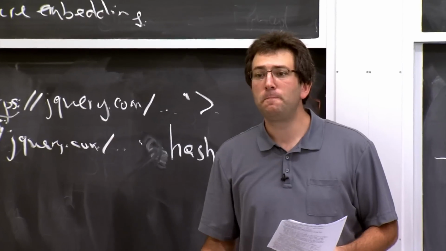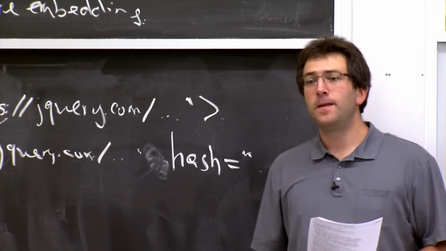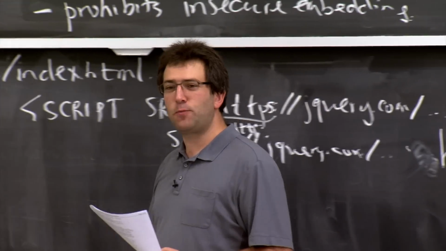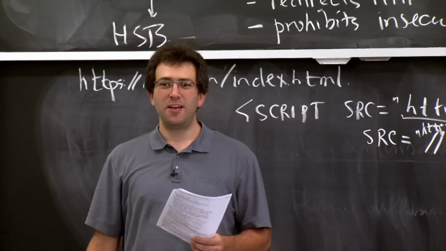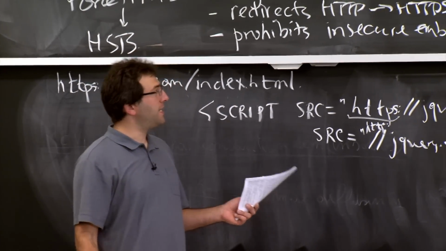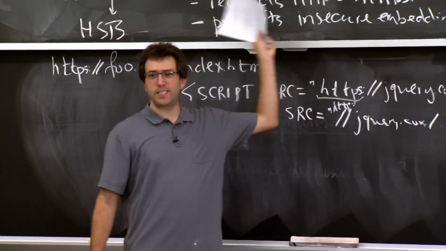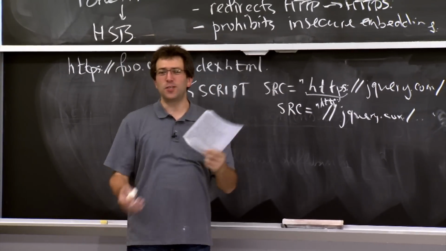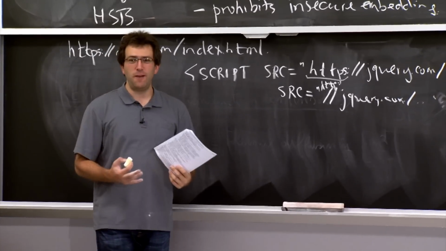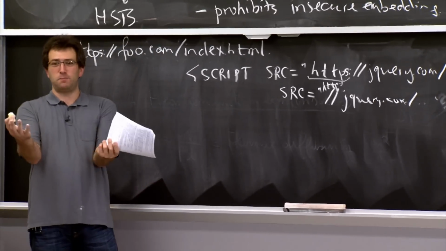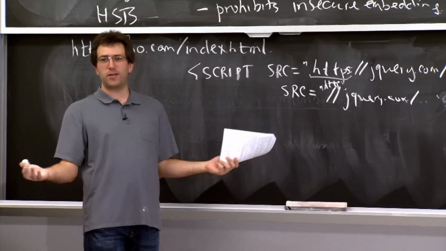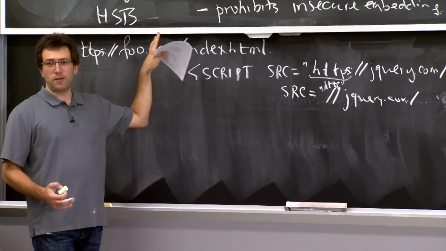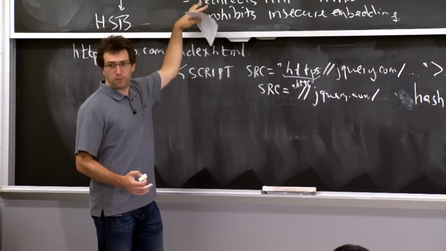Yeah? If a website can't support HTTPS, does the browser just change it to HTTP automatically? So what do you mean, can't support HTTPS? Well, okay, if you have a website that doesn't support HTTPS, but sets this cookie, what happens? Oh, right. Yeah, so this is the reason why it's an option. If you opt in everyone, then you're exactly in this boat. All of a sudden you can't talk to most of the web because they don't use HTTPS. So you really want this to be selectively enabled for sites that really want this kind of protection.